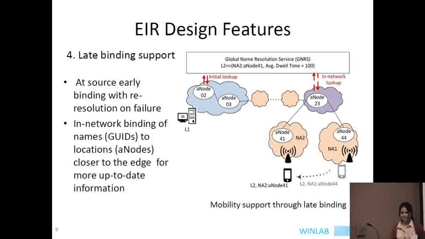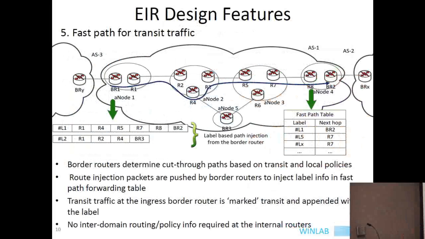Okay. So the final aspect of the design is to deal with transit traffic for transit ASs. Transit ASs can be pretty large, and depending on the amount of traffic they carry, the transit traffic might compete with the local traffic, and by local traffic I mean traffic generated locally, as well as traffic destined for destinations within the transit AS. There's another aspect: internal routers in a transit AS have no notion of what the transit traffic path is. So if an internal router receives a packet with a destination not belonging to its own AS, there is no way to route it.